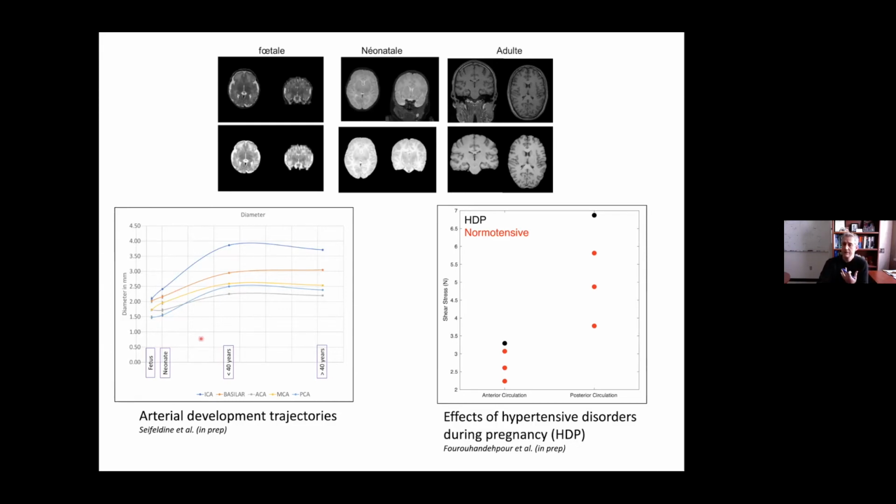And the first thing that is surprising us, this is an N of 6 so far, is that the internal carotid artery, the ICA, which is the blue line here, seems to develop much faster than the other intracranial arteries. Of course, when we look later in life, we're looking at different people. But in terms of fetus and neonatal images, this is the same participant that we would be following for 5 years.